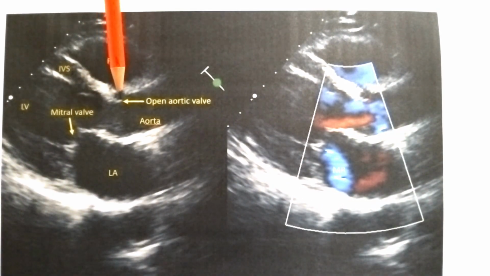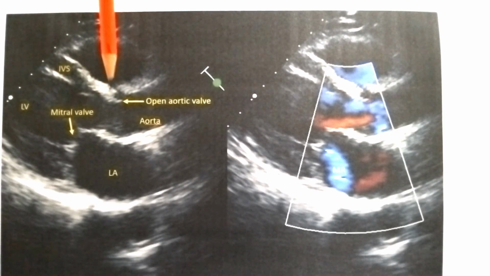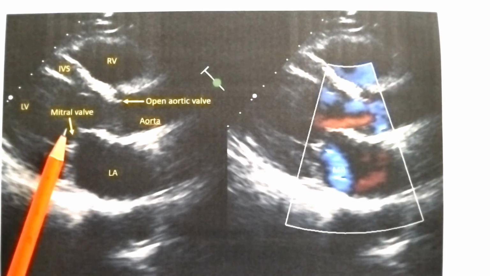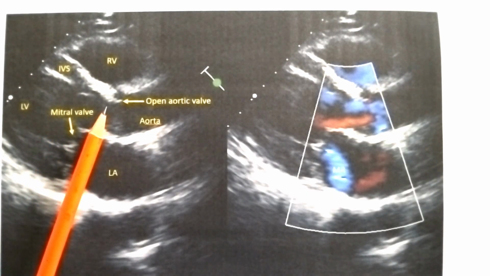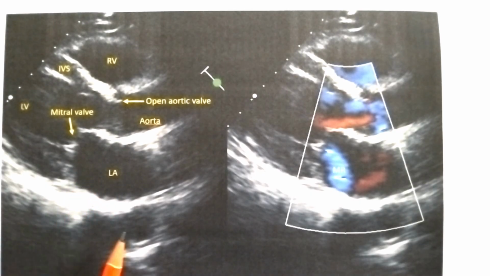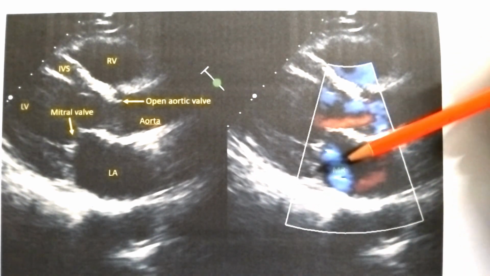And here you can see that the aortic valve is open. One leaflet is seen almost near the anterior wall of the aorta. And mitral valve is almost in closed position. Here aortic valve is wide open. Left atrium is mildly dilated. This is descending aorta in cross section. This is ascending aorta. And here you can see that there is a regurgitant jet which is